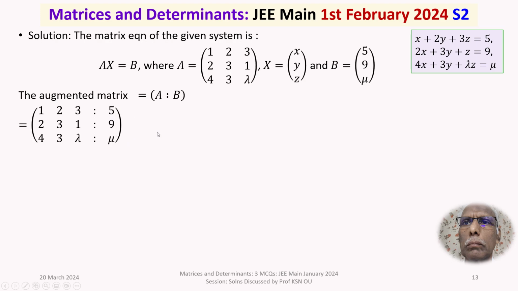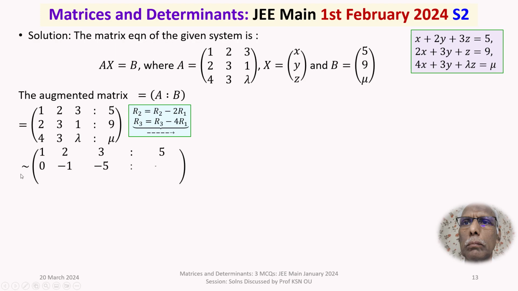So we want to reduce this into echelon form. To talk about the ranks, you need to first get into an echelon form. So to apply the rank method, the first step is to reduce your augmented matrix into an echelon form. For this, you have to make this position 0, this position 0. To do that, R2 becomes R2 minus 2R1, and R3 becomes R3 minus 4R1. If you do it, then it is